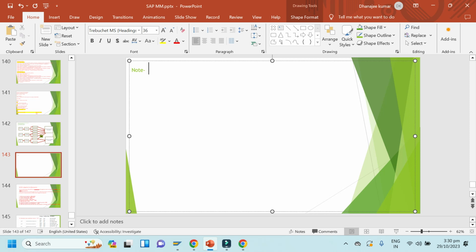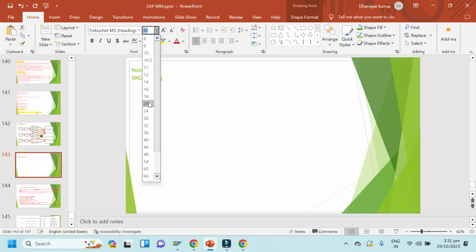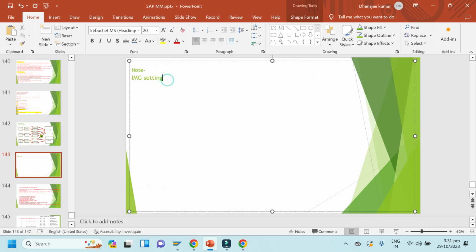Okay, IMG setting, note it down. IMG setting. So this is very important actually, very easy actually.